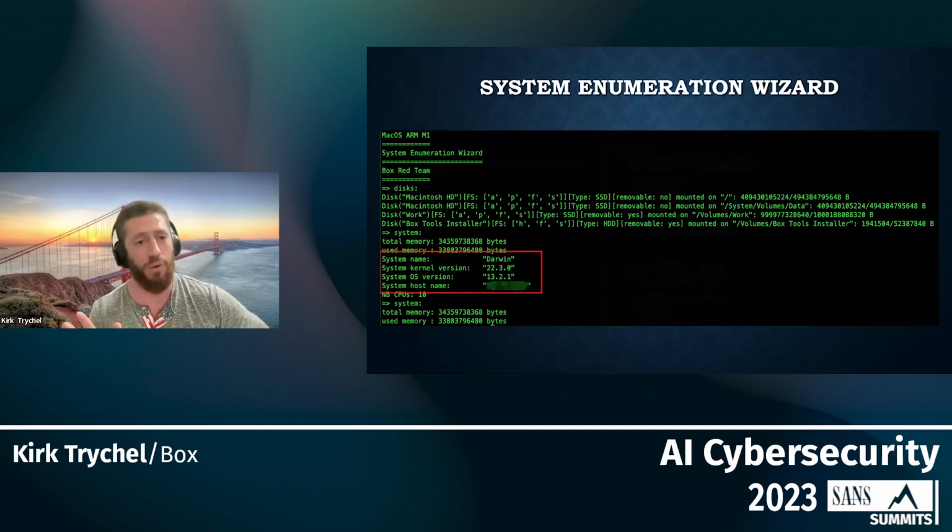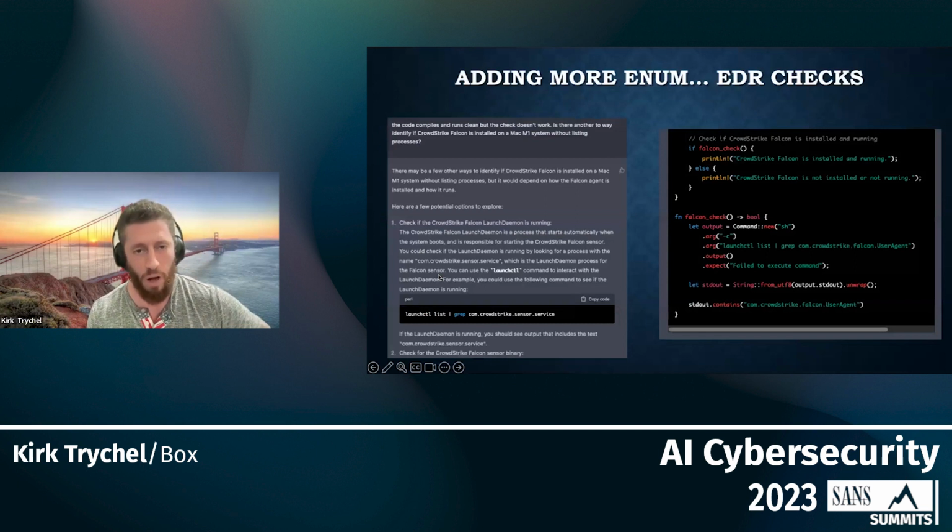I contributed no code to this tool, right? I just explained very specifically what I wanted to accomplish. And within minutes, I was compiling and running this code after reviewing it. I do know Rust, so I could review it. But after reviewing it and compiling and running it, it ran good, right? And you can see I've got highlighted just some of the system information that it did enumerate for me.